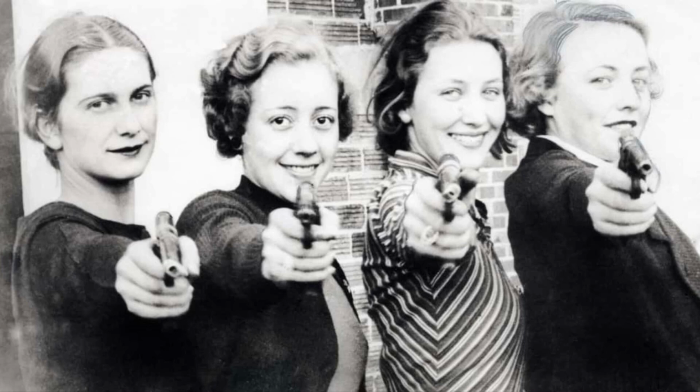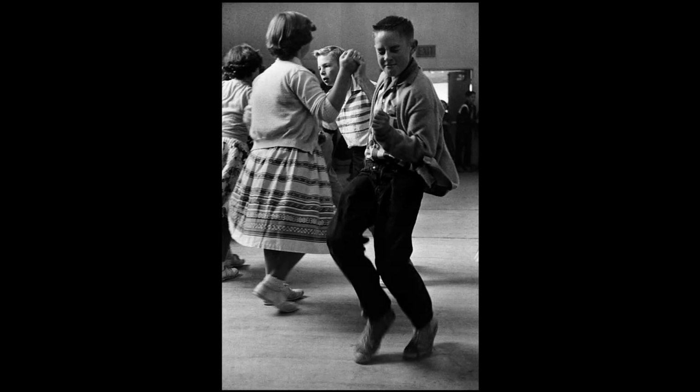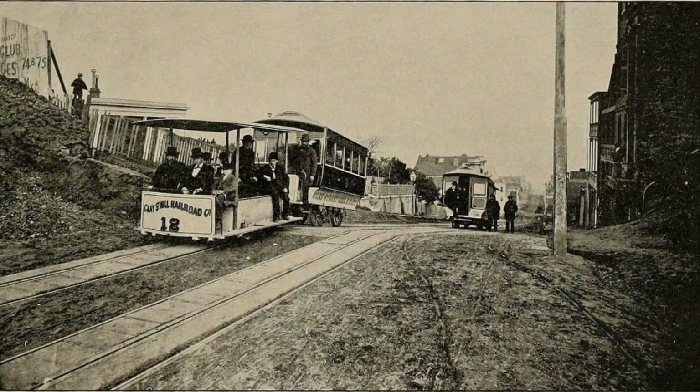Only happens in America. High school dancing in 1950s. If you ever watched Back to the Future, you know exactly how this goes. This is the classic dances of the 50s and in all of its glory. This is the first cable train in San Francisco, 1981, very classy, and also everyone dressed in those very typical black clothes, especially the gentlemen, they're wearing the full-on